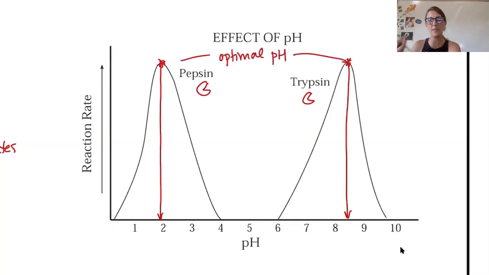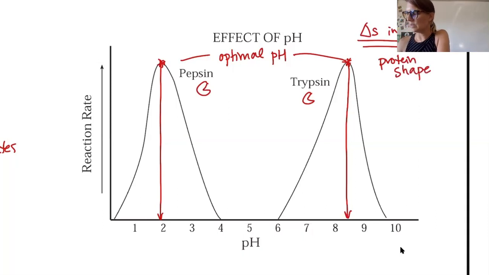So that means if I took pepsin enzyme and I put it into, I don't know, let's say the small intestines, which has a higher pH, it's not going to function that well because enzymes have an optimal pH. Remember that changes in pH can have a direct effect on the protein shape,